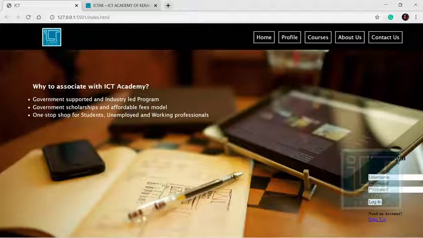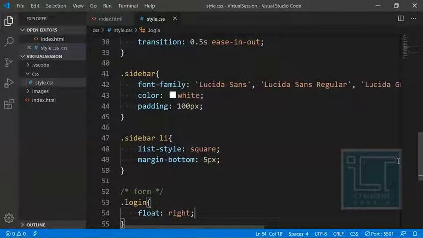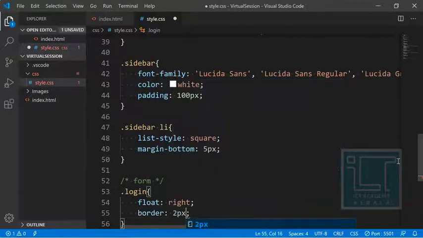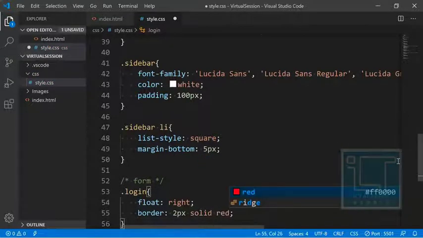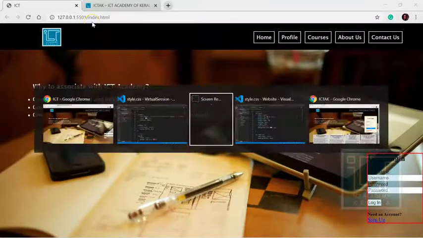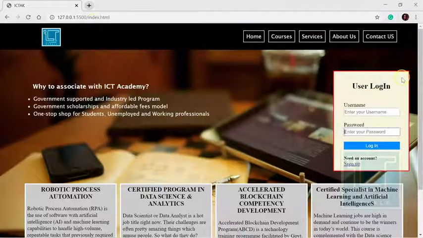Now I need to give a border, background color and everything. First let me give a border. Okay, I'm going to give a border of 2 pixel solid red, because in the website it's been given as red, I hope. Okay, let's see. See, it has a border of red color.